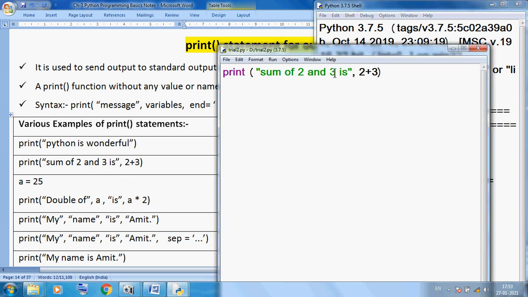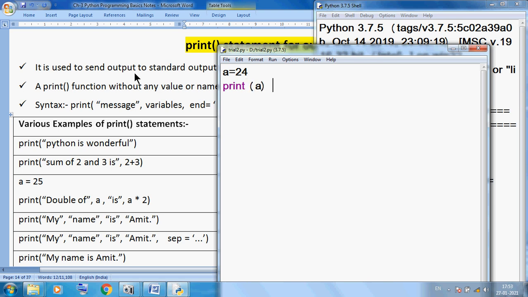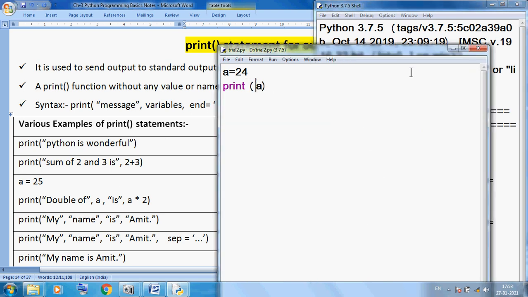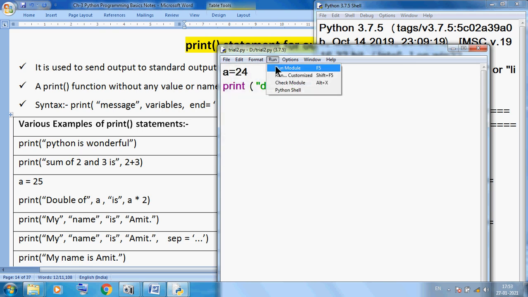Or we know very well, we simply store any value in a variable and we can display our value. I want to save and run this program. So it will give 24, but I want to give some message. Suppose this is a message, "double of". Now I want to save and run this program. So what is the output?